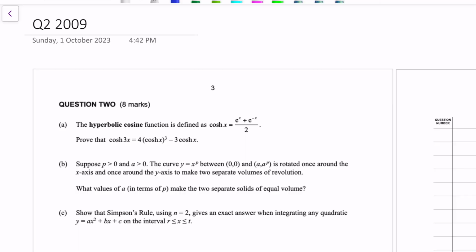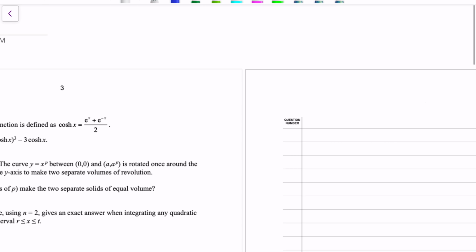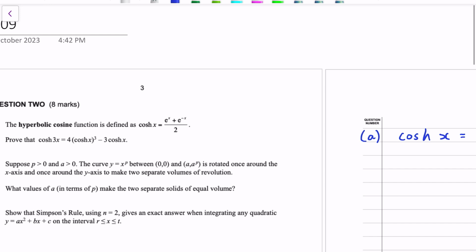Alrighty, 2a, we've got this hyperbolic cosine function, which is defined as a sum of exponentials divided by 2. Okay, so you're not expected to know that without its definition. And we need to prove that if we replace the x's with 3x's, so the hyperbolic cosine of 3x is equal to 4 times itself cubed minus 3 times itself. Okay, so starting